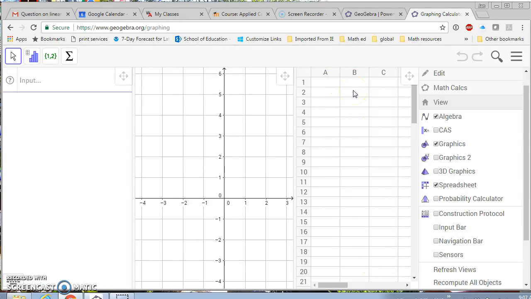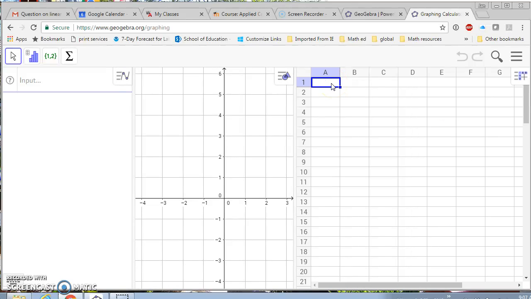So if I'm going to model data, I have to first enter the data. So I'm going to look at the data that was in the notes from section 1.4 about the steps. It had two parts to it. Your input was time. I'm going to write this in here, although you do not need to label your data, but I'm going to label it just so you know what these are dealing with. So that's my time in seconds, and this is the number of steps that were taken at a certain point